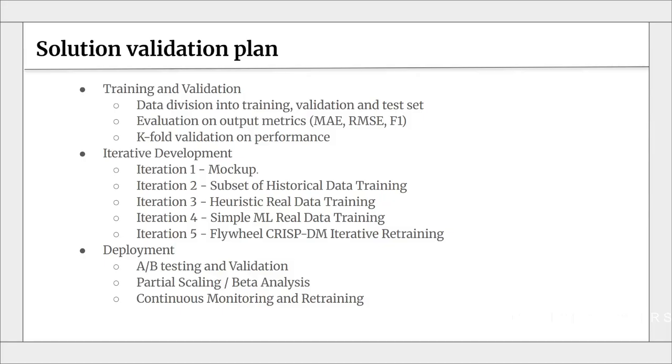First one would be to create a mock-up design of how it might look, and then ask for peer feedback. And once that is done, we create a model based on a very small subset of historical data, and then take feedback based on that usage by our internal consumers. And the third iteration would involve heuristic real data training. So we use real data, but we would use very simplified heuristic-based predictions based on much fewer features,